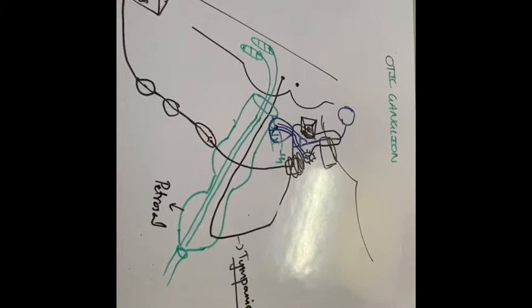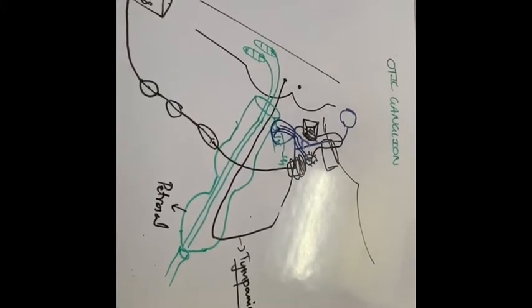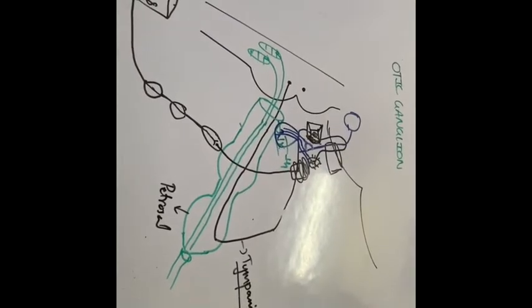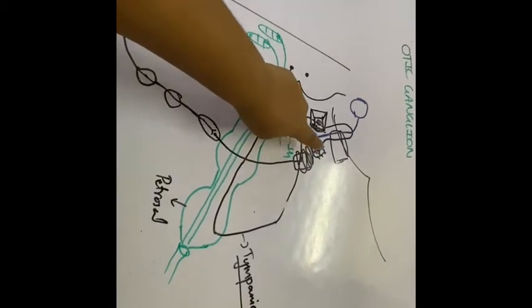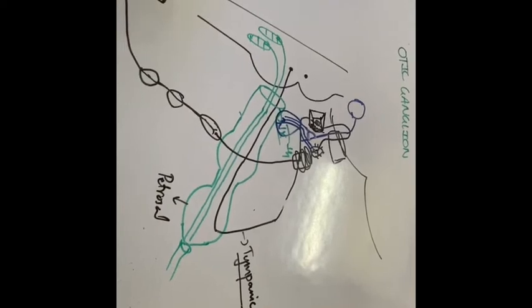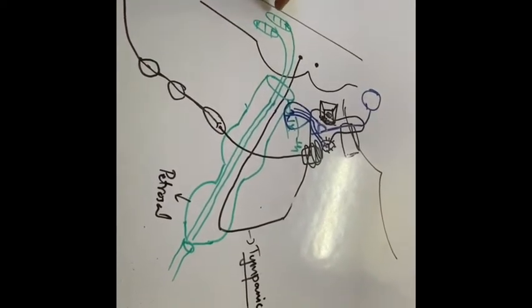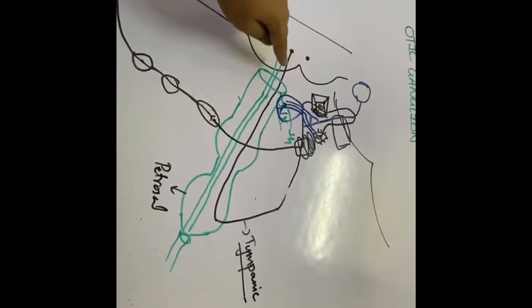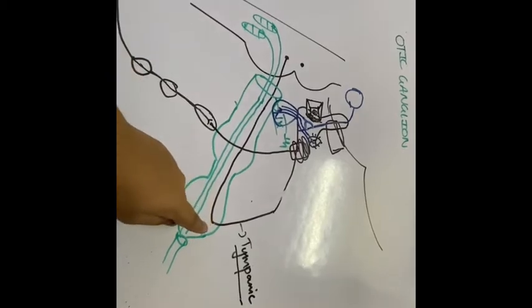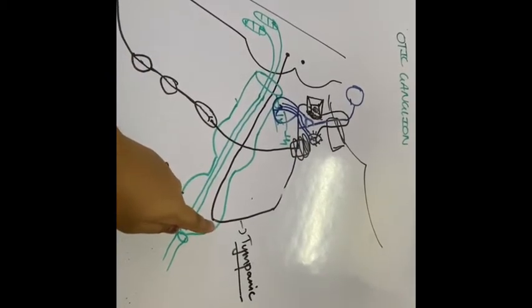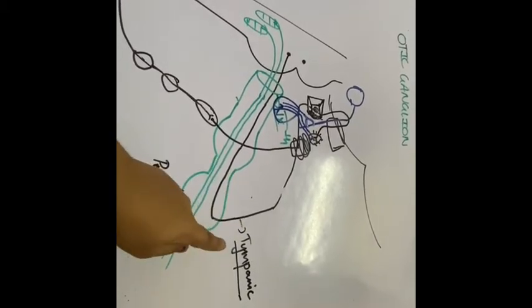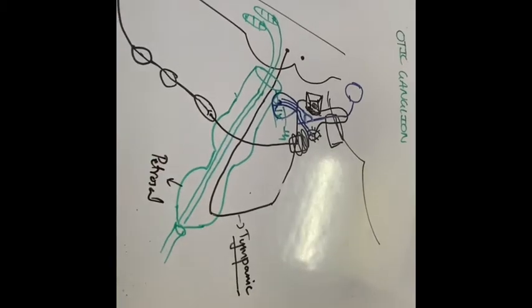A brief summary of the otic ganglia. It's one of the parasympathetic ganglia. It receives sympathetic, parasympathetic, sensory, and motor neurons, whereas only parasympathetic neurons relay in the otic ganglia. The other types of neurons only pass through the ganglia. The parasympathetic neurons originate from the inferior salivary nucleus, traverse inside the glossopharyngeal nerve, and from the inferior ganglion of